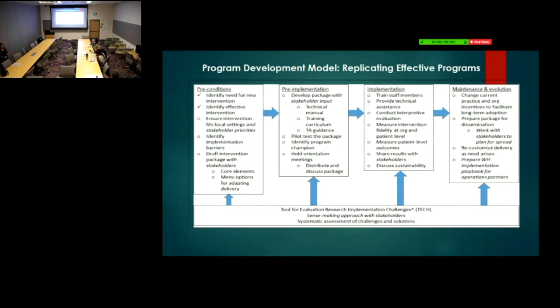population. So you can see how you start off with thinking about the preconditions, what happens before implementation, the implementation things you need, and then how to maintain it. So this is more like a program development framework. Yeah. So in like a 5-year grant, you are doing all this implementation and you notice that this strategy is not working, but this strategy is working. Do you then change it before you monitor maintenance?